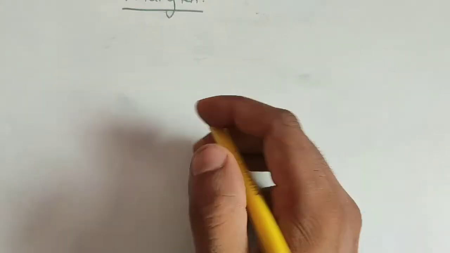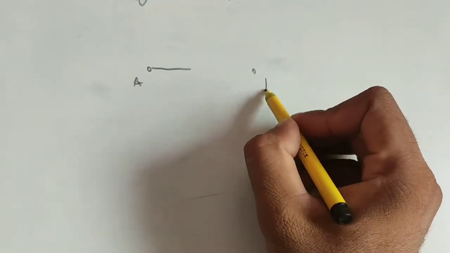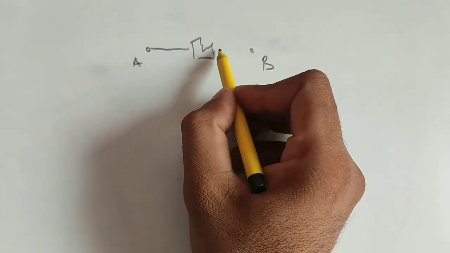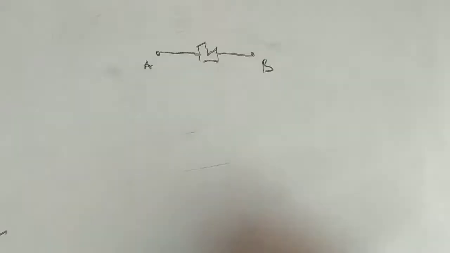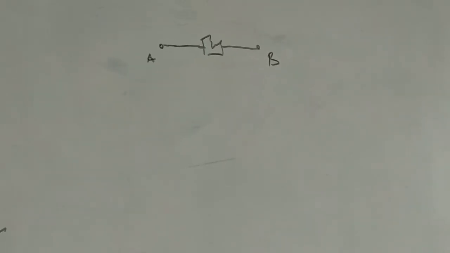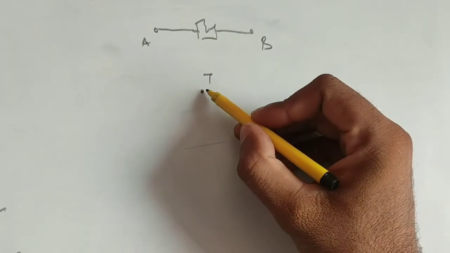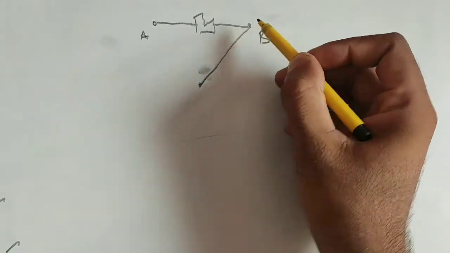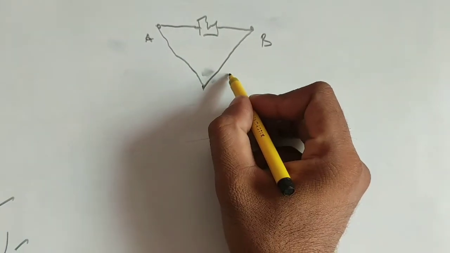Now one more real life example. We need to measure the distance between two points A and B, but there is some obstacle between these two, so we cannot measure the distance directly. So how can we measure this distance? To measure AB, we can use congruency. Suppose there is a point T from which both the points, A and B, are visible. So this is TA and this is TB. This point is, suppose, T.